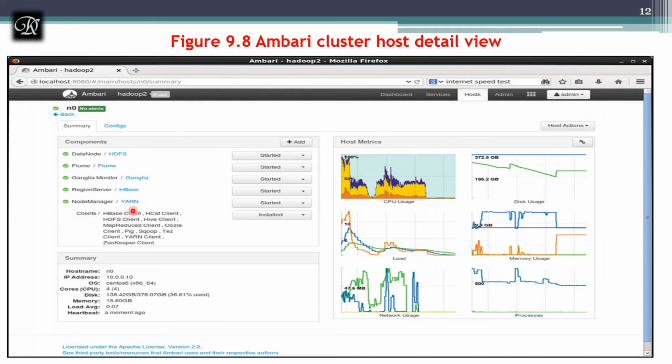Node manager is Yarn, yes. So all these started or installed statuses it is going to give. And the CPU usage of that particular node N0, the disk usage, the load on it, the memory usage, network usage, and processes running on it. These are all the details you can check from the Ambari cluster host detail view.